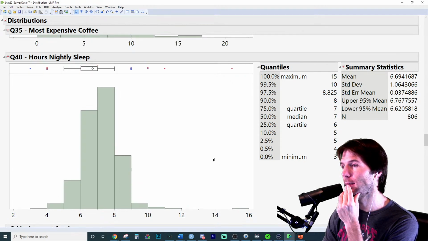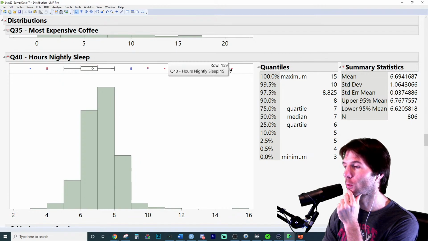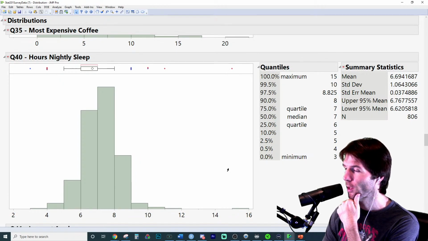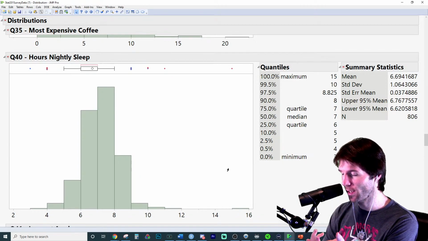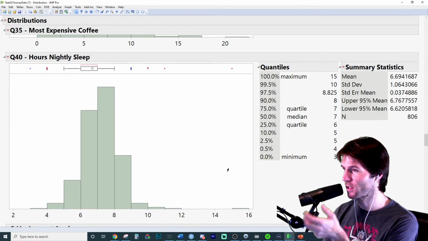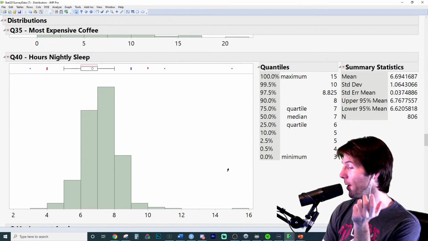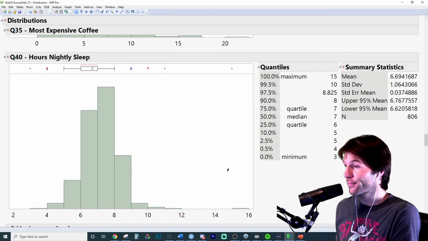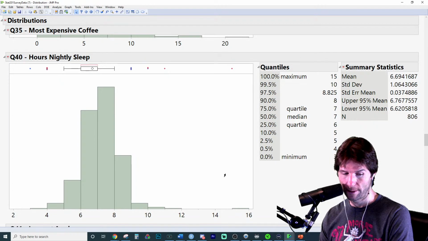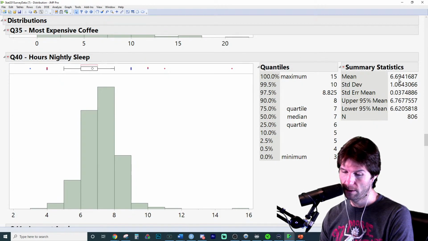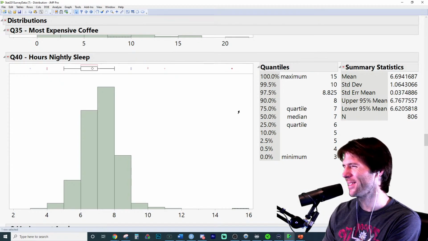This one I might... someone sleeps 15 hours a night. Really? They are awake for 9 hours a day. That'd be like getting up at 9 a.m. and going to sleep at 6. Maybe, I don't know. Maybe. Collect enough data, see something weird. That's the way life goes. If it wasn't for that person, I might go mean and standard deviation. Because of that person, I might go median. It is a sample of 806.